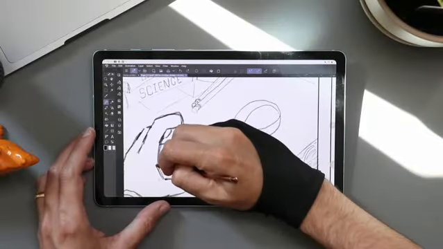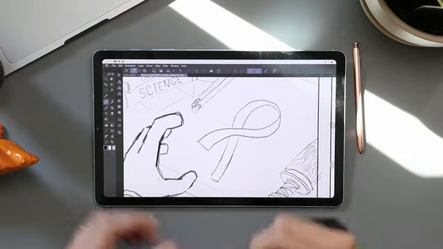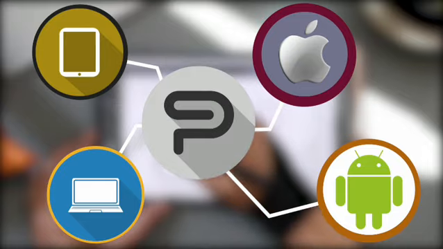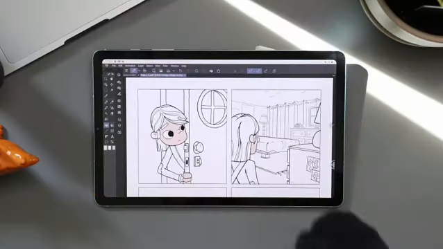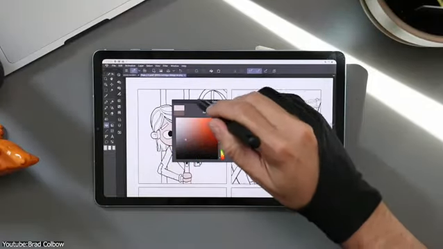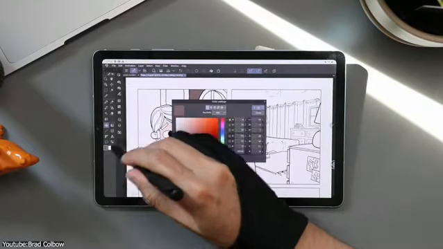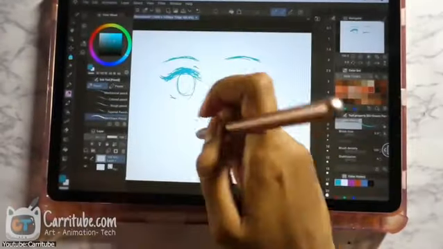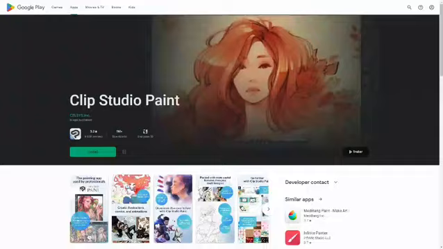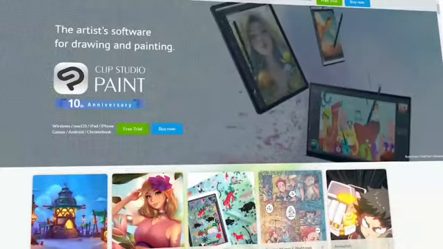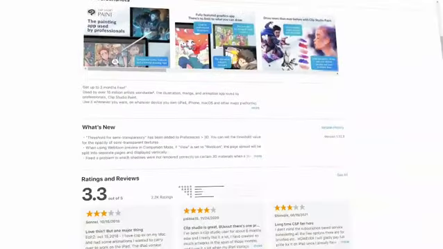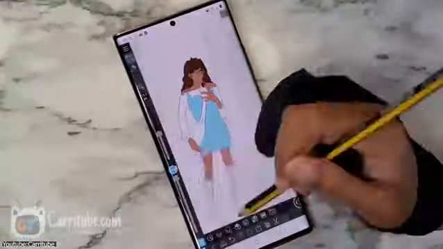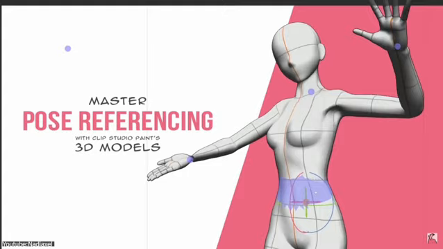Developed by Celsys, Clip Studio is another raster graphics editor available on Android on top of being available on PC, iPhone, and iPad. Clip Studio Paint is a lot like Medibang Paint in the way that it's made for both illustrators and comic artists and even animators, with the variety and diversity of its tools and features. The app is not for free, but you don't have to deal with ads at all, so kind of a wash. The app's features include a variety of brushes and pens to choose from, the ability to use 3D models